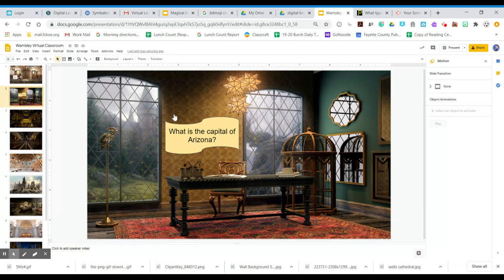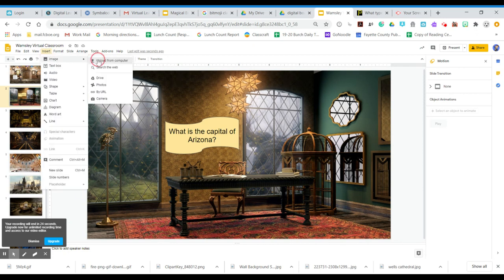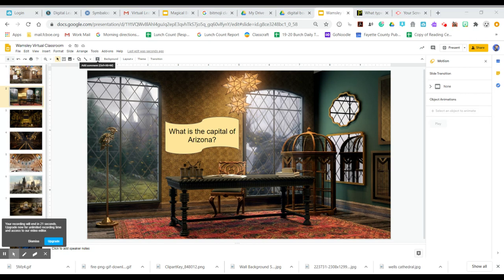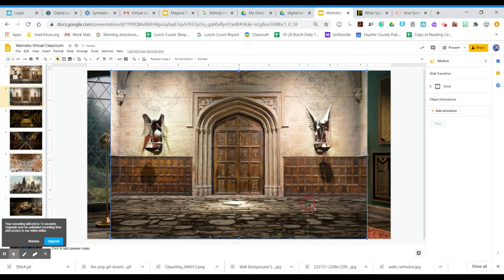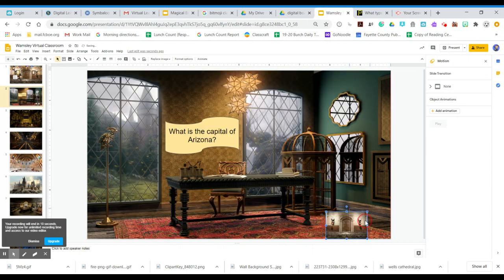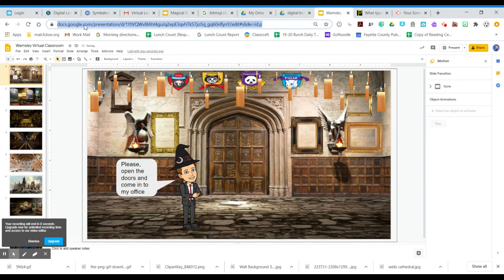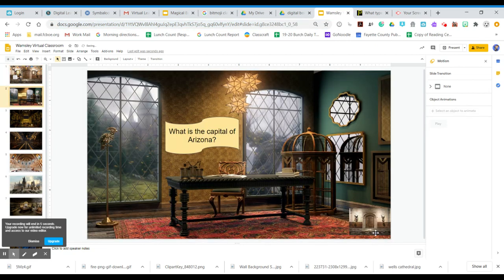One last thing I want to talk about: I want my students to be able to come back to the main page when they're in present mode. So I always add another link that takes them to the very beginning screen. And that's pretty quick and easy. I'm going to upload my home screen image, pick the image that I have for my home screen, and shrink it down. Now this is going to be a linkable thing to my first screen. And I'm done. So Control K, Control V, and now